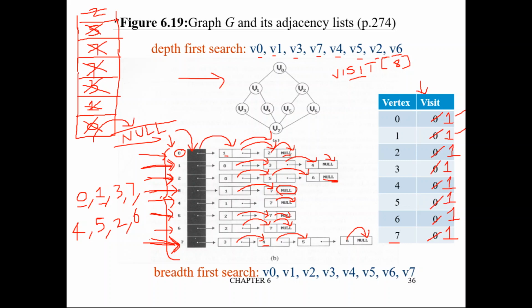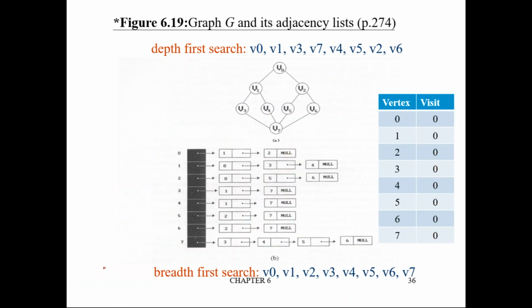If you are visiting a node for the first time, push the current vertex into the stack and move on to that vertex, after visiting it and making it 1 in the visit array. If you visit a node which is already visited, go to the node pointed by its next pointer. If you reach a null pointer, you have to pop. This is the algorithm. Now let us see how we are going to implement it. Let us see the coding.